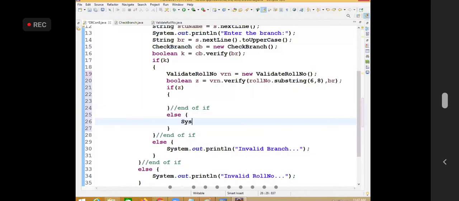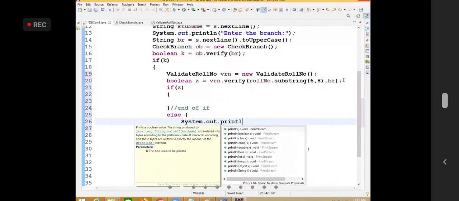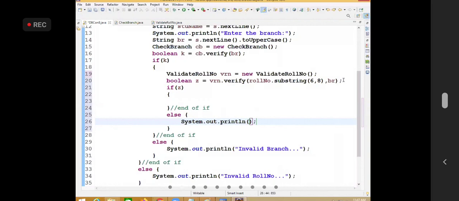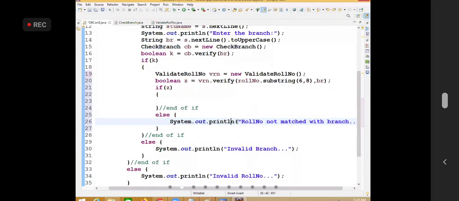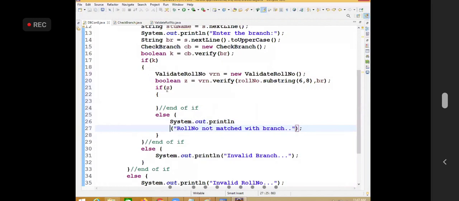So System.out.println your roll number not matched with branch. This is a message. So roll number matched with branch means roll number came, name came, branch came.